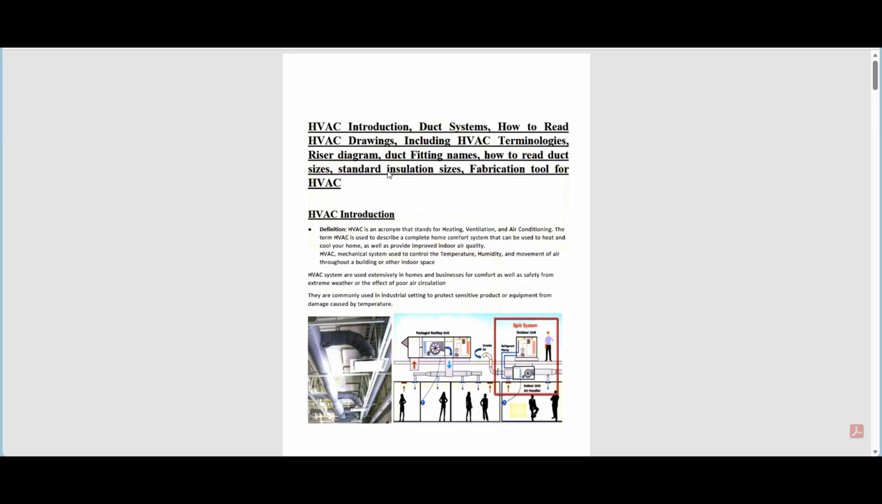So first of all, we're going to be having a brief introduction about what HVAC is all about. HVAC is nothing but an acronym for heating, ventilation and air conditioning. It refers to a complete mechanical system that controls the temperature, manages humidity, ensures air movement and circulation and improves the air quality, which is the indoor air quality, and it also provides comfort and safety within a